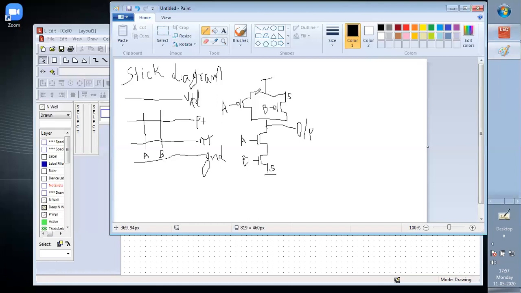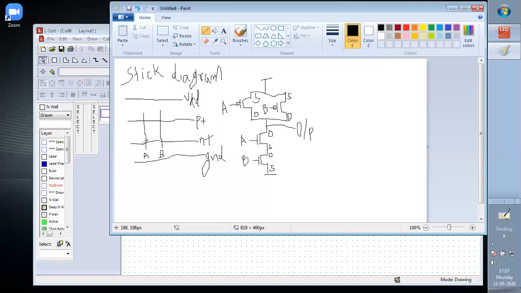To identify source and drain, write source drain from the upside and write source drain from the downside. Source and then drain, this terminal drain, and then again source and then drain. This is how to identify the source and drain.